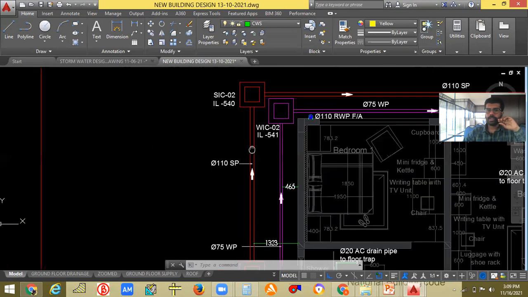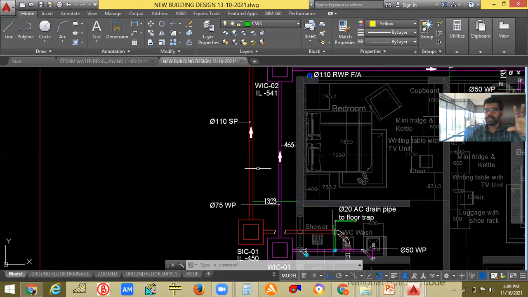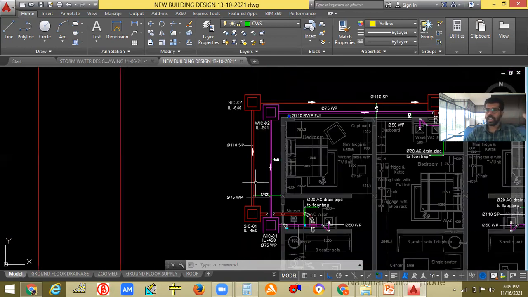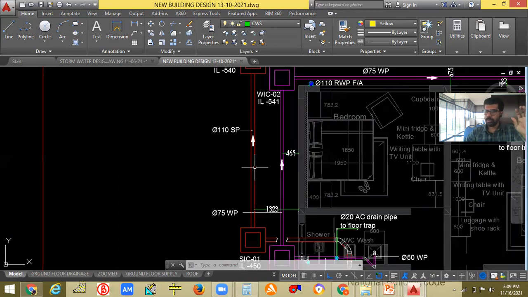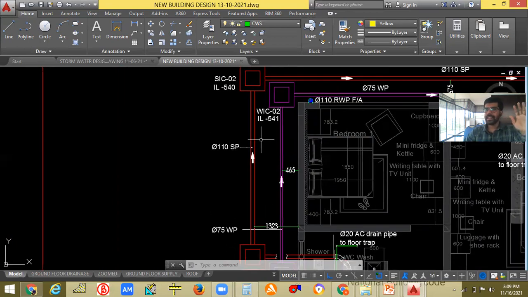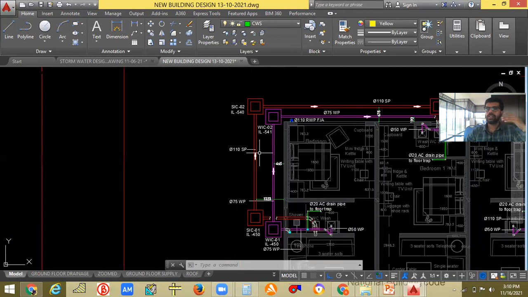So the slope will normally depend upon the size of the pipe that we are taking. Or you have to go to Manning's formula. We have already done how to find out the slope. You have to give the diameter of the pipe and the velocity that you are trying to give. If you want to give 0.75, you can give 0.75 as a self-cleansing velocity. With respect to that, go and find out the slope. Okay, I think that's clear for you. Now coming to the manhole.